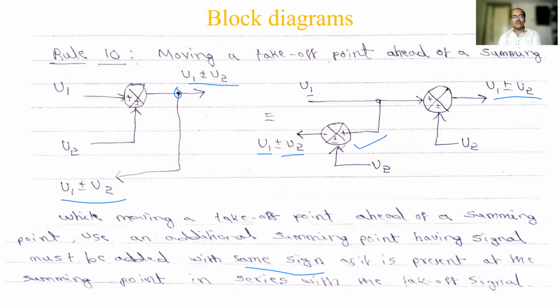So these are the 10 rules which we will use to do block diagram reduction. Very first I gave you one example, right? A problem will be asked like this for 8 marks or 10 marks. We need to use these rules. So how to apply these rules? That is also important, right?